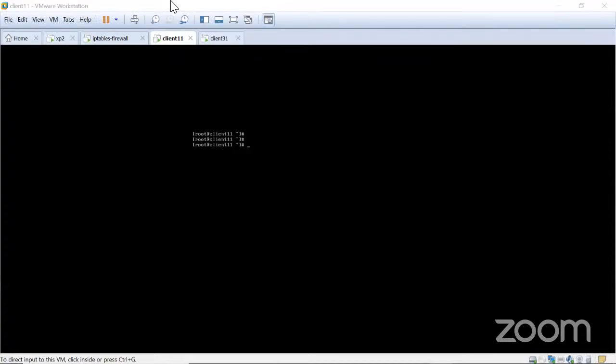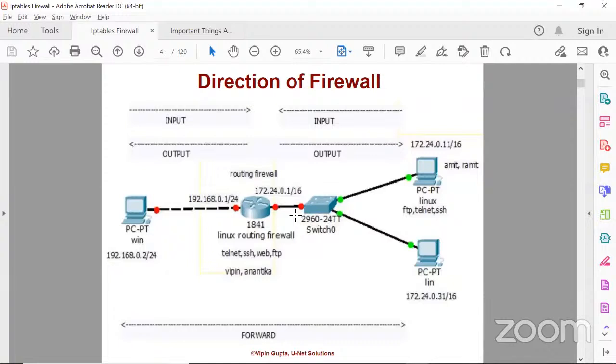So now what are we going to do? We are going to take 4 different cases first. Then later on, 3 more different tasks we are going to perform. Now, what do I want to do? The first task that we want to perform is that our firewall should be able to stop the traffic from this system. I want to say that our firewall should not allow the 172.24.0.11 system to access any services on this system.